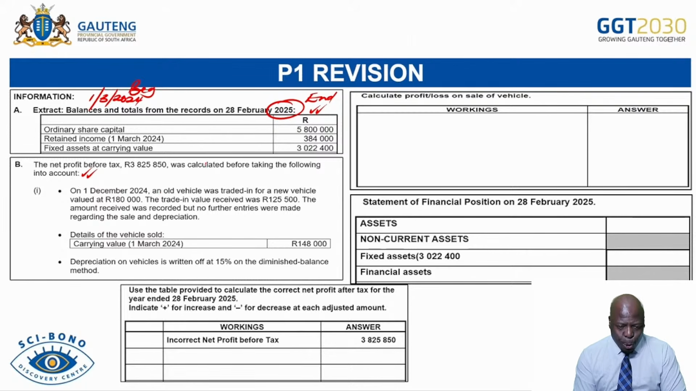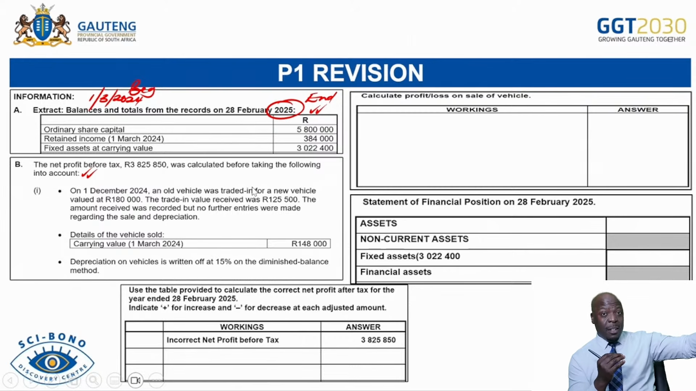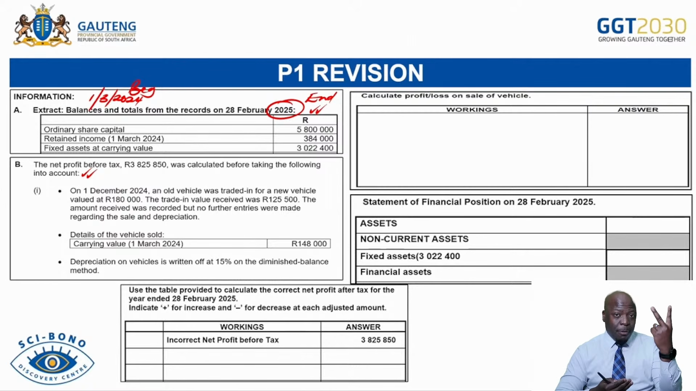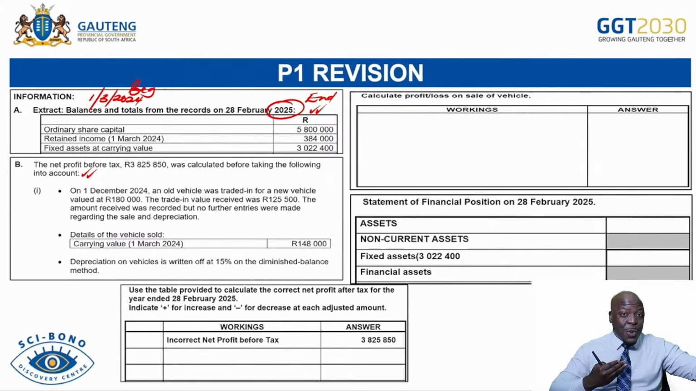And then on the 1st of December, so this is during the financial year, an old vehicle was traded in. You have to understand trade in. Trade in means we're taking the old one, disposing it, and we are bringing in a new one. So there's two vehicles involved. When we deal with the trade in, we are disposing the one and we are getting a new one. That's a trade in. So we are told on 1 December, an old vehicle was traded in for a new vehicle,